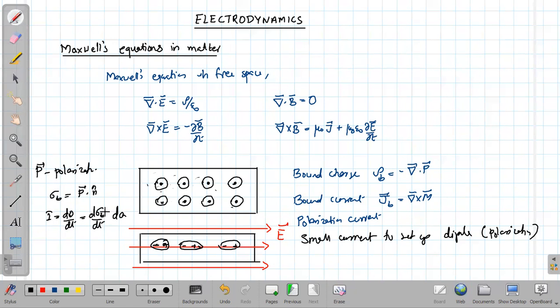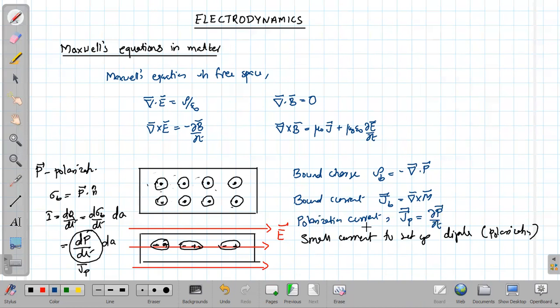Sigma P is the surface charge density, so d sigma P by dt we can also write as dP by dt into dA. Now this dP by dt takes the form of a current density. We can call it the polarization current density, and I will denote it by the symbol Jp. So the polarization current Jp is equal to